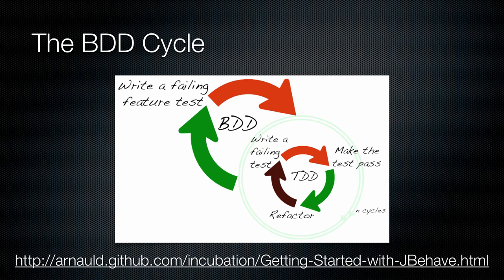Basically, this whole process is a nested red-green-refactor. What I mean by that is at the top level, you write a failing feature test using Cucumber, and once you have a failing feature test, you then drop down to the RSpec level, and the next highest level inside of your